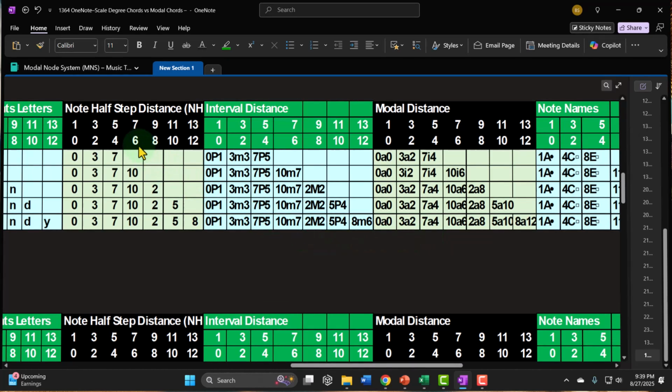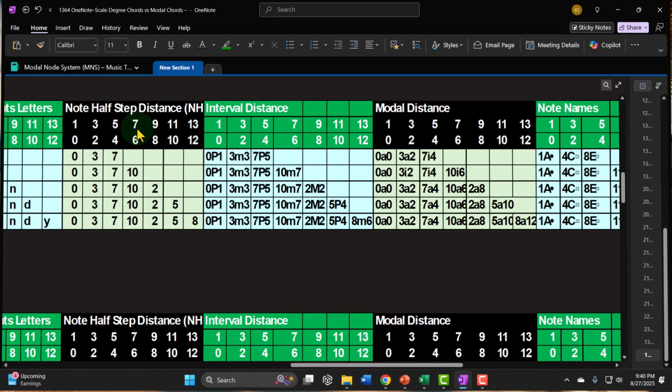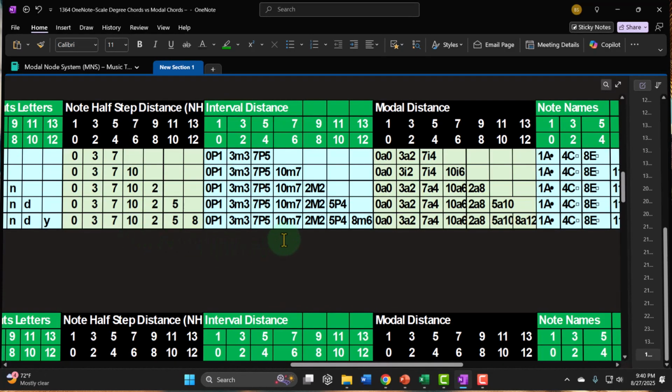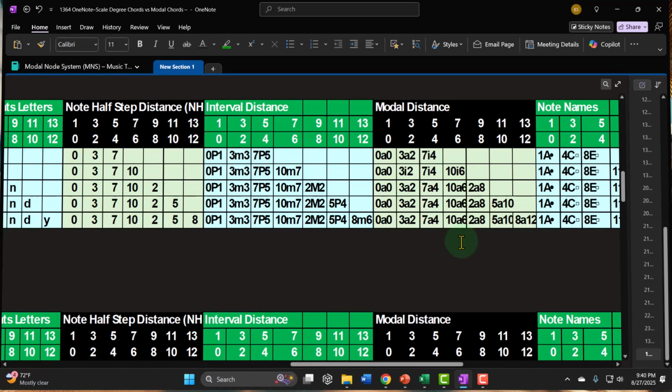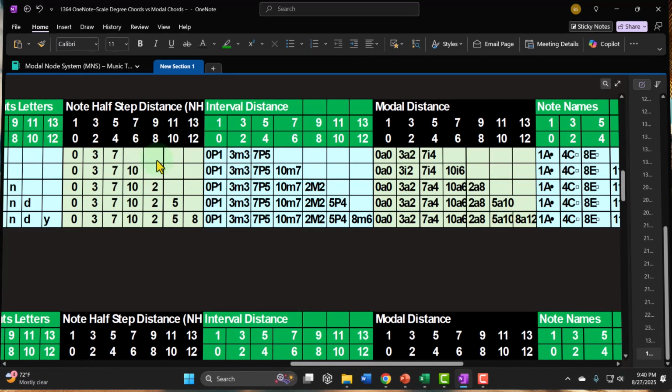If you go 6 modal half steps up, it would be the 7th scale degree, which would be 10 notes away, which we know is a 10 note away minor 7, from the Aeolian node 6 modal half steps up. If you go 8 modal half steps up, or the 9th scale degree, it would be